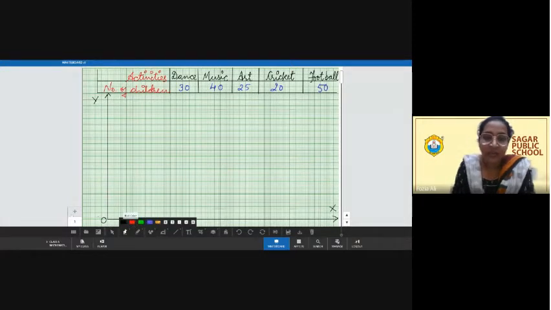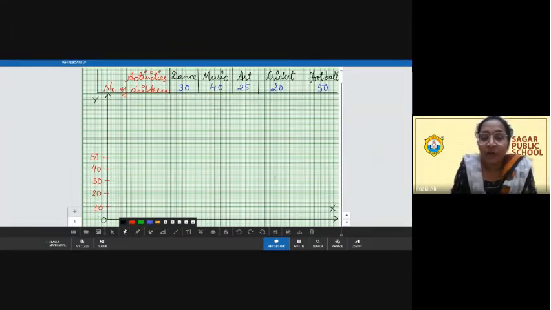Why I am taking 10? Because I need to mark 25 also. So I'm going to leave a gap of 10, 10. That means 1 centimeter is equal to 10 children. In this way I'm going to make. So we have 0. Then from 0 I'm writing 10. I'm going to skip 10, 10. I'm writing the table of 10 actually. 10, 20, then 30 here, and then 40, and then we have 50. So these are the number of children on y-axis.